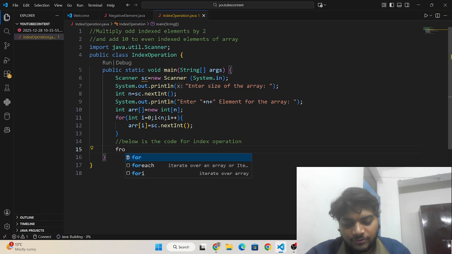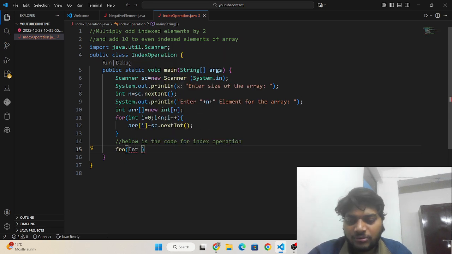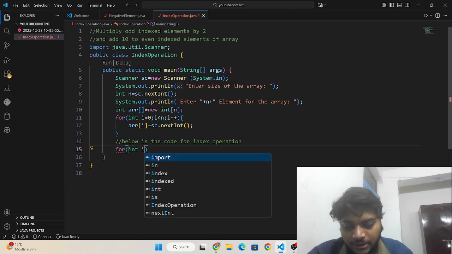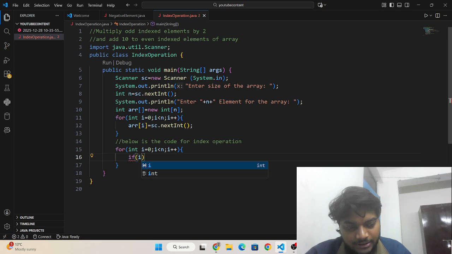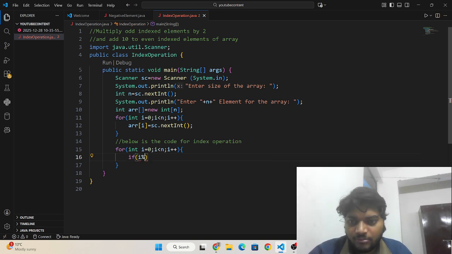First I need to write a for loop to traverse the array from left to right. For int i is equals to 0, i less than n and i plus plus, and then I need to check i modulus 2 equal to 0, which means it is an even index.